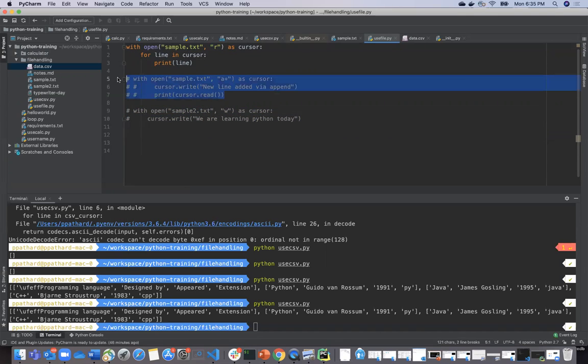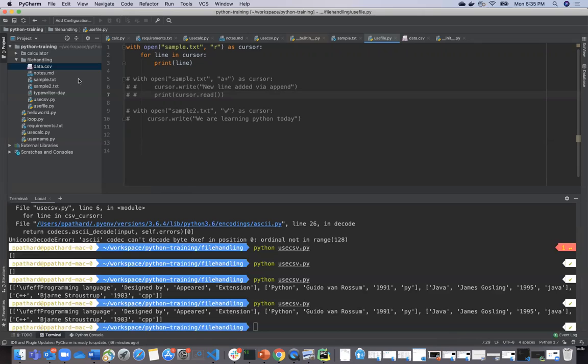We also understood how to open the file and read the whole content, or read line by line, in multiple ways. We also understood the CSV module a little bit, and we were able to read the CSV file even though there was an error which we fixed on the go. Similarly, we also understood how to write into a CSV file.